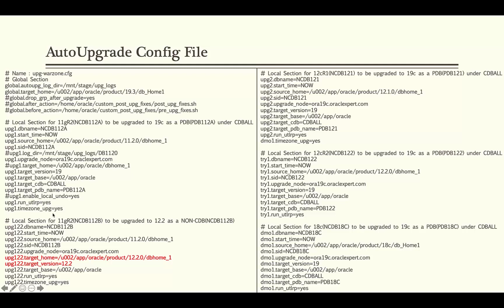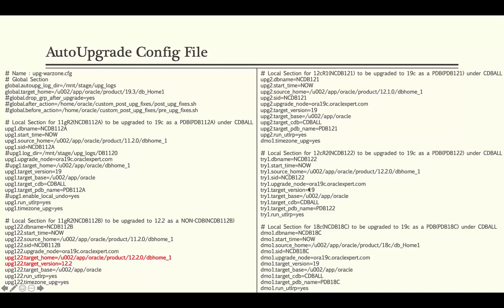So this is the only DB upgrade where the target Oracle home is different. In every other case I didn't mention it, which means it will pick up the value from the global section. But for one of the databases I said the target Oracle home is going to be 12C release 2. And the targeted version is not 19C, in this case it's 12.2.